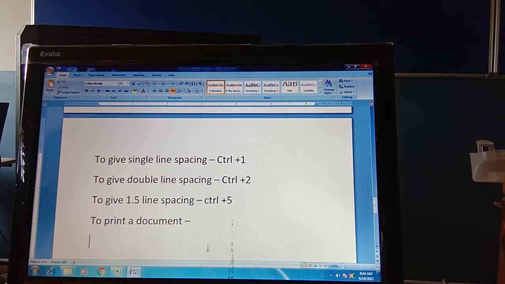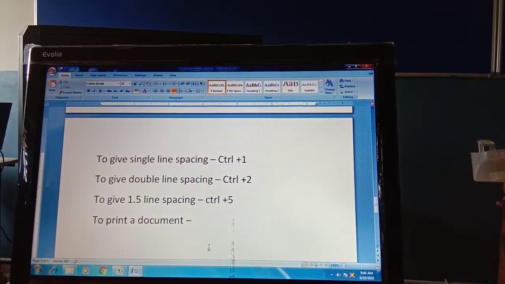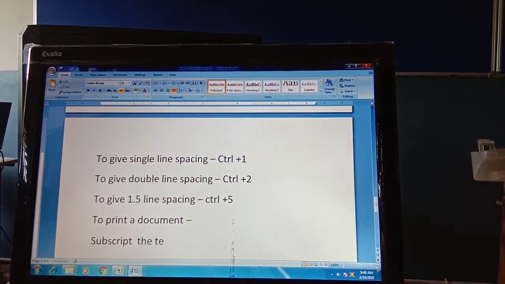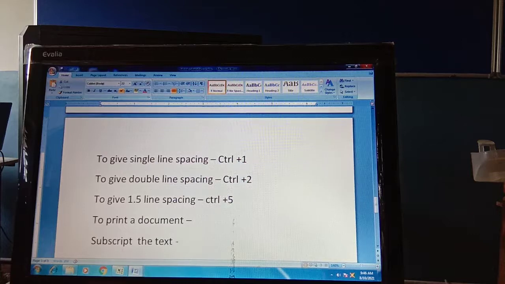Okay, some more extra shortcut keys. Let's see. Now the shortcut key for subscript. To subscript the text, it is CTRL plus equal to.